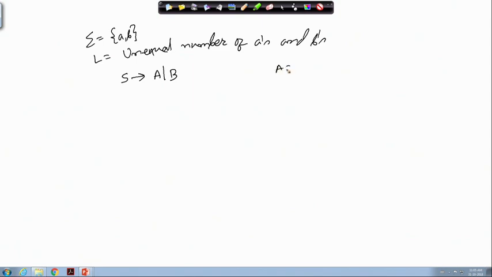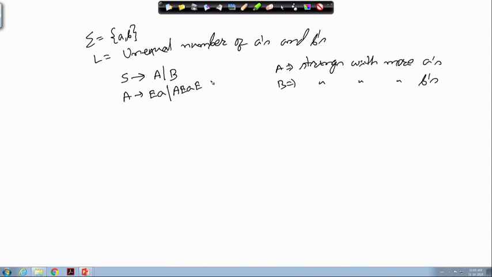So, A will represent strings with more A's, and B will represent strings with more B's. Okay. Now, for A, the derivation can be E A, where E is the strings having an equal number of A's and B's, okay, or it may be A E A E.